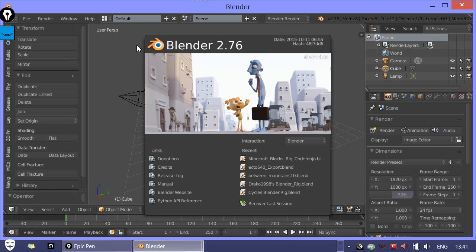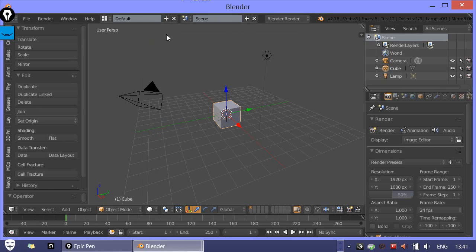Right, when you do first open Blender, there's a lot of buttons all over the place. It can be quite scary, but it's super not scary. And I'm going to go through it now and just give you a general idea of how it all